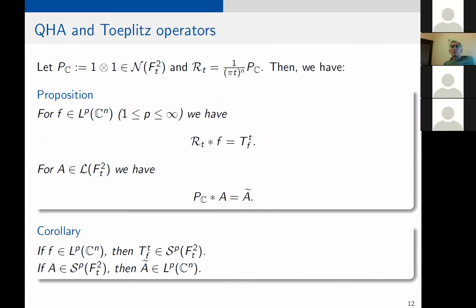Robert, one question. Were these properties already known, or are they from your PhD? So these were known before. Say in the Hilbert space case, they were known. For example, they are in the book on Fock spaces. I think in the non-Hilbert space setting, it's already the question what a Schatten class is. With the convolution approach, you can also show them in the non-Hilbert space setting, but on the Fock space, on the Hilbert space, they are not new. They are well known. The point here is that with the convolutions, you get those properties a lot easier. So this is my point here. They are not really new. They are just easier to prove in this way.